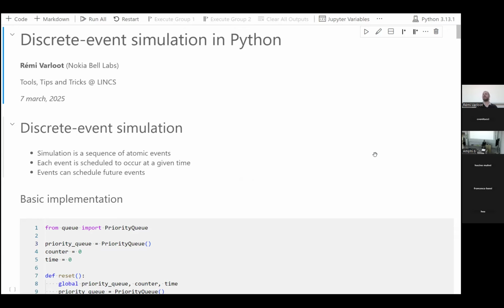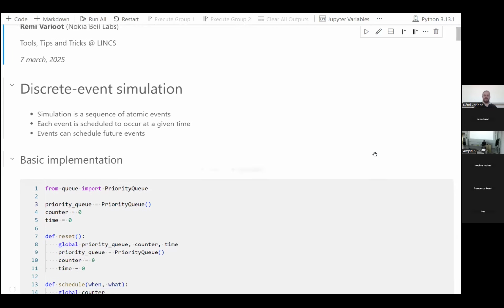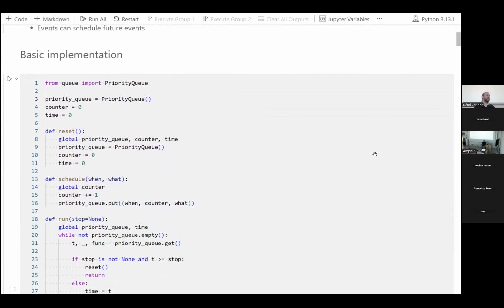This is really convenient for distributed algorithms where a bunch of different events can occur and schedule themselves, and you don't have to keep track of how long you have to wait until the next event and things like that. The basic implementation for discrete event simulation uses a priority queue. A priority queue is a data structure. It's a heap. So basically, you can put things in, and when you pop an item from a priority queue, you always get the smallest item for whatever comparison function